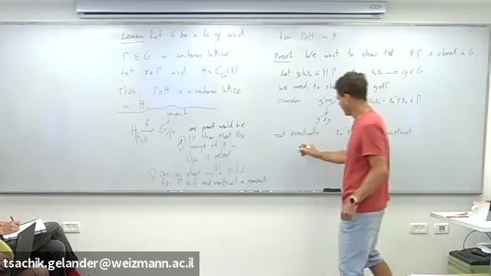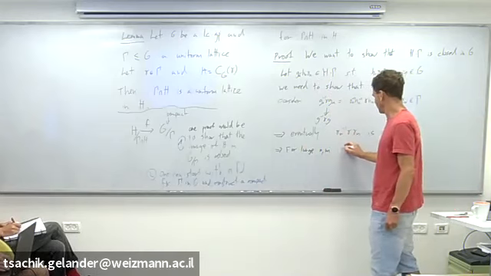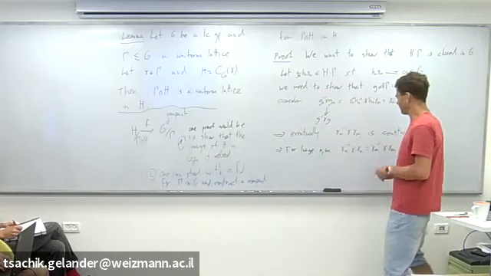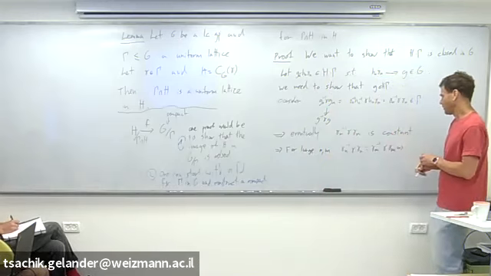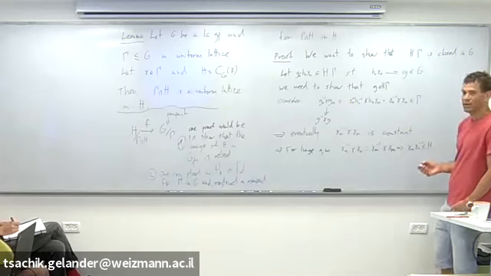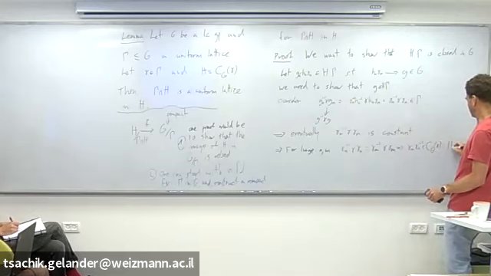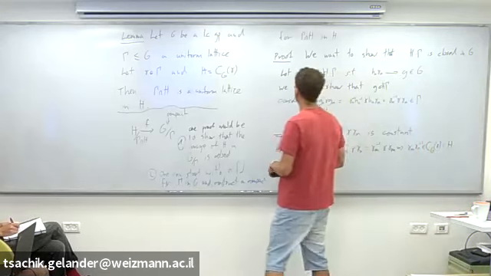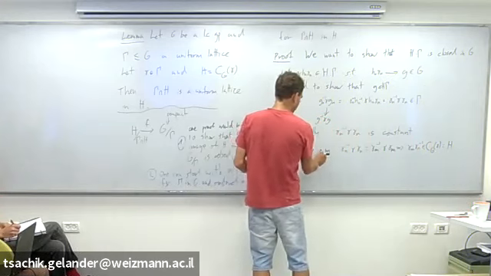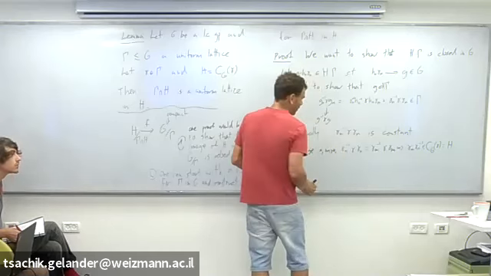So what does it mean? It means that for large n and m, you have that gamma_n inverse gamma gamma_n equals gamma_m inverse gamma gamma_m, which implies that gamma_m gamma_n inverse belongs to the centralizer of gamma, which is what we call H. So you see, for n and m bigger than some constant, we have that.